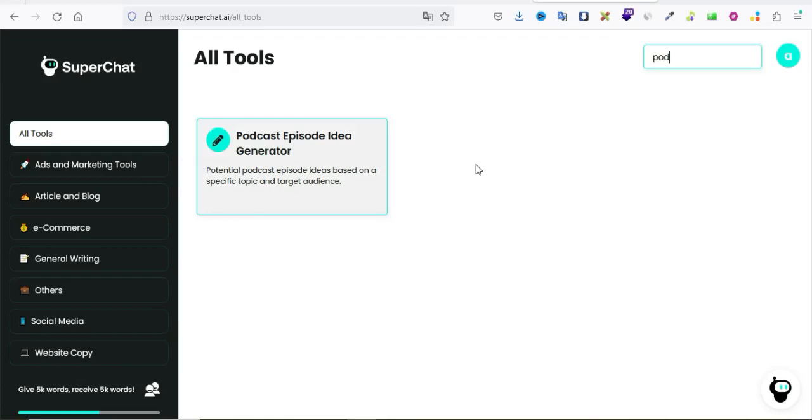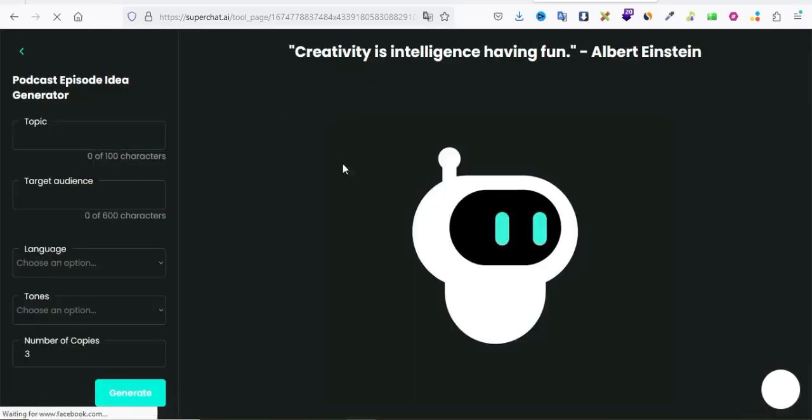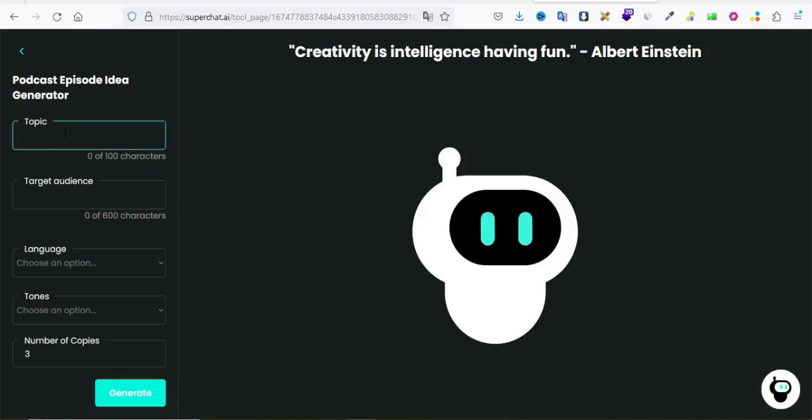But what we want to do with this tool is related to the podcast, or if I want to say it better, the podcast idea generator. We can easily click search in the box above and click on podcast idea generator. In fact, you can create high quality podcast content quickly and easily with this tool.